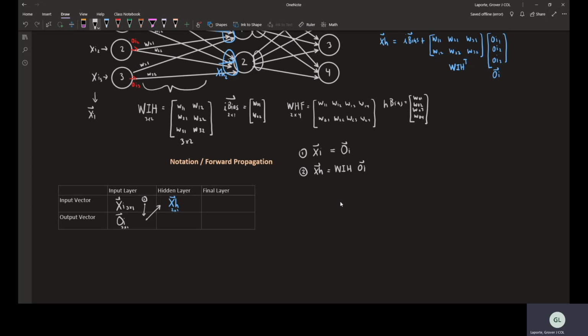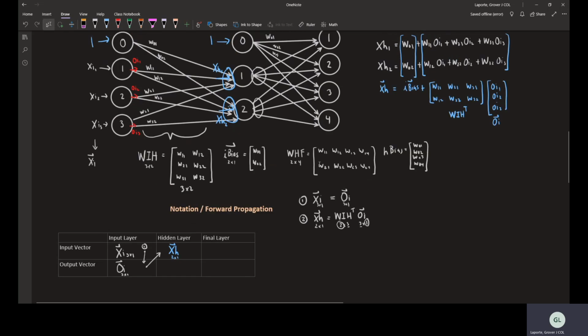This is a 3 by 1, just to make sure they line up. WIH transpose becomes instead of a 3 by 2, it's a 2 by 3. So these components line up, and it leaves you with a 2 by 1, which is exactly what we want